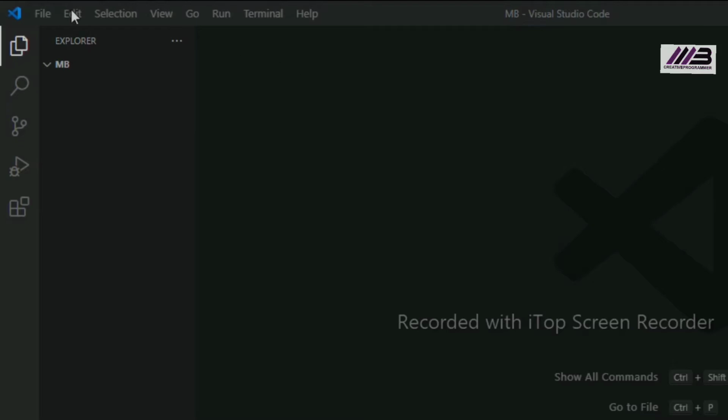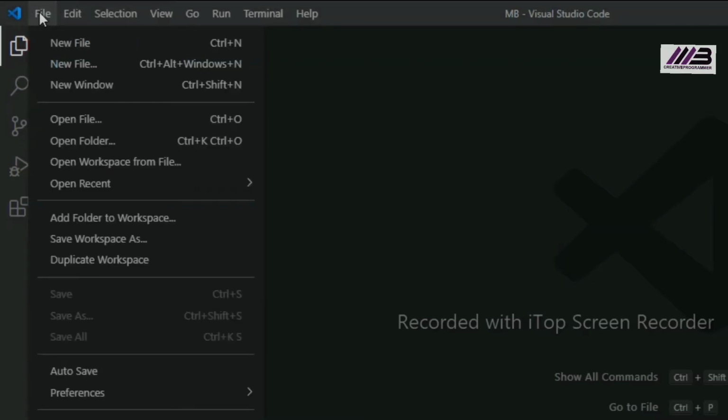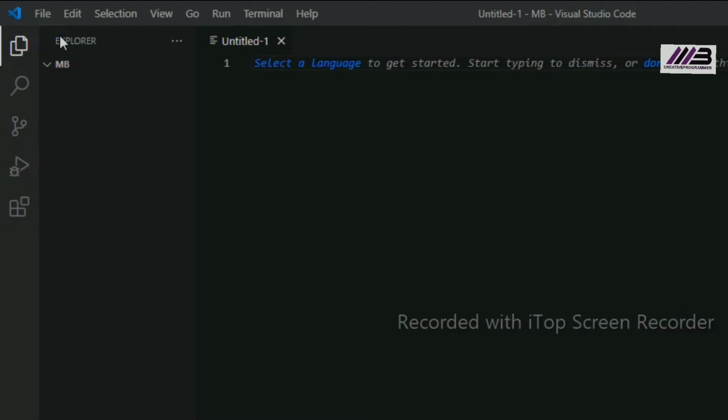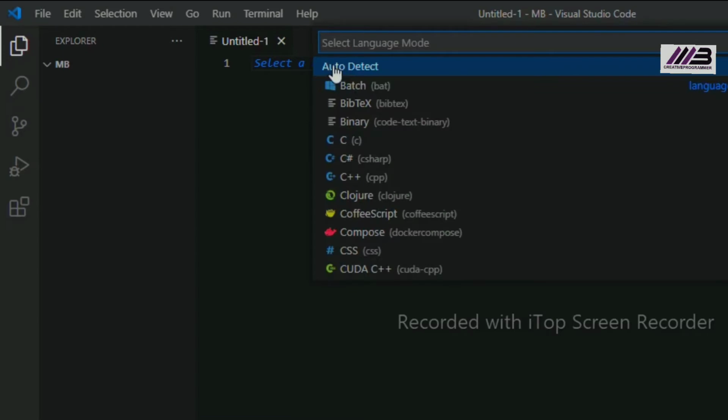So let's get started. Here you can click on File, and after File you will click on New File. You can also do that with Control N, and Control N will bring you to a new file. Here the option is given to you to select a language for yourself, and if you are going to code some other languages, you can select other languages, and we are going to write